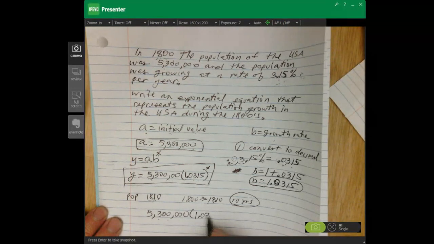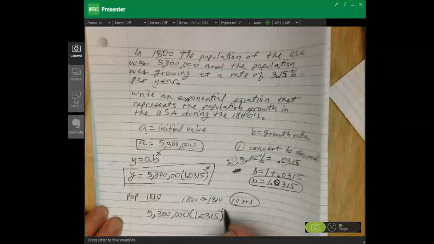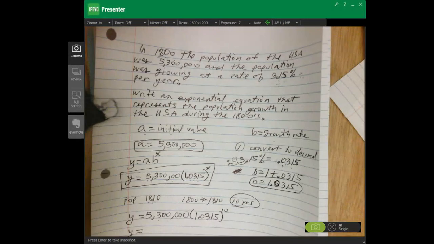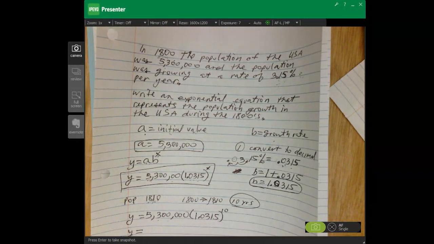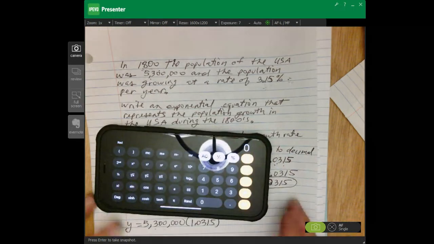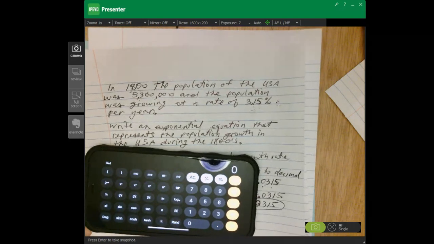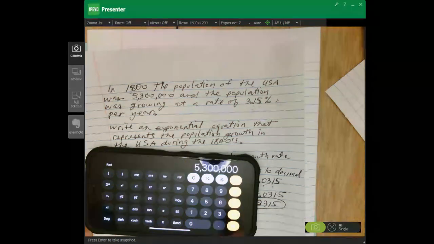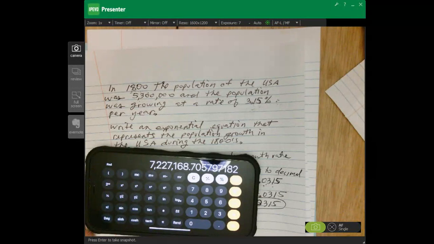5,300,000 times 1.0315 raised to the 10th power. And then you just calculate that. I'm sorry about the reflection, but we go 5,300,000 times 1.0315 to the 10th, and we have